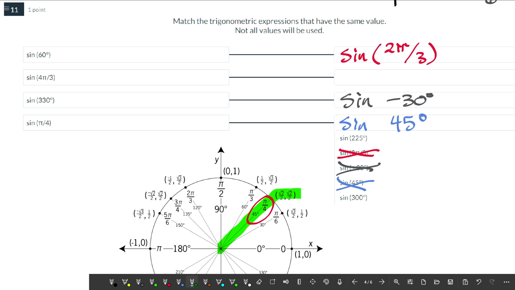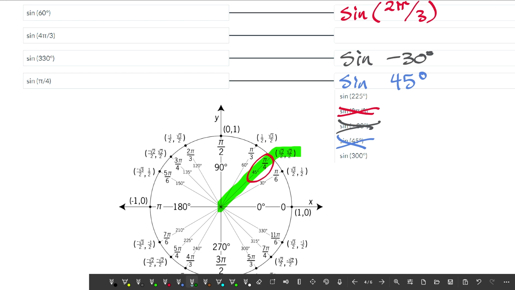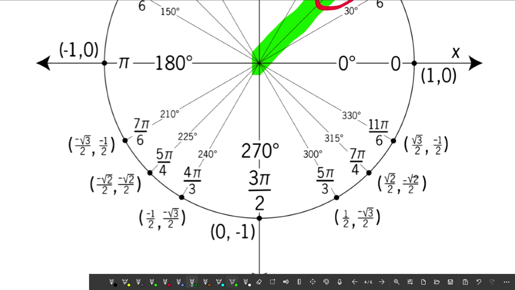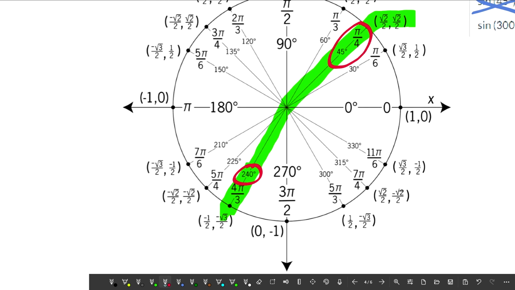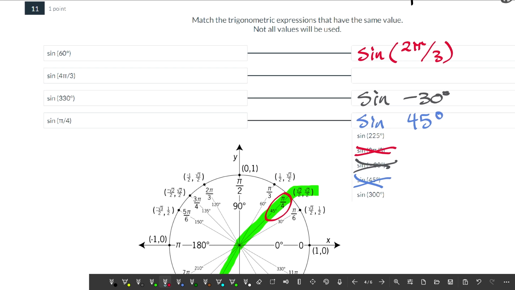And lastly, let's see who we can match up with sine of 4 pi over 3. Well, we just go to our unit circle. 4 pi over 3 is down here. Sine of 4 pi over 3 is right here. And that should match up to this angle here, 240. So sine of 240